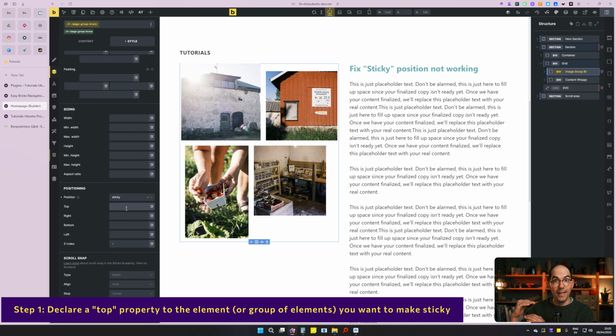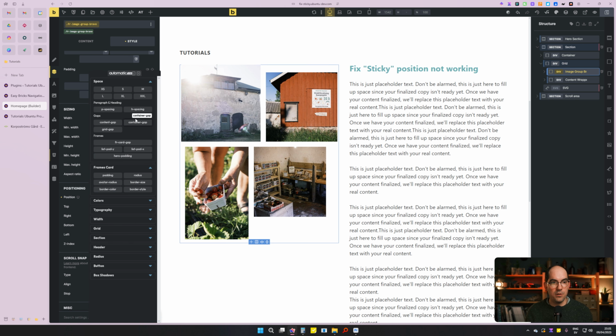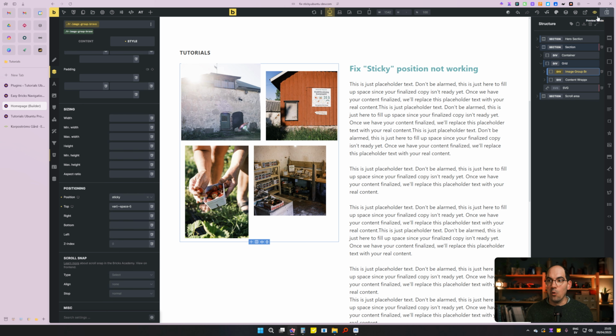Why? We want to tell the element, from the top of the screen, how much space it has to leave before the sticky scroll starts. What I will normally do is use the ACSS variable header height and then, with a calc function, add, for example, 20-30 pixels to it. But in this case, to make it much simpler, I will just add a spacing of L. We save it,